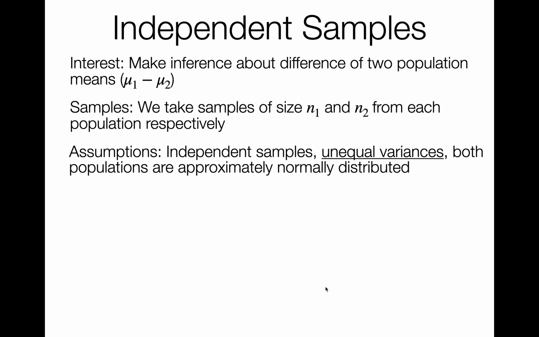Independent samples. The first one that we're going to look at is unequal variances, and then both populations are approximately normally distributed. So there are three there: independent samples, unequal variances, and both populations are normally distributed. What I mean by unequal variances is that we're assuming that when we look at the population distributions, if I draw them on the same line here, if I look at GPAs,